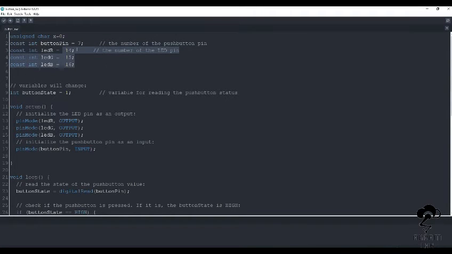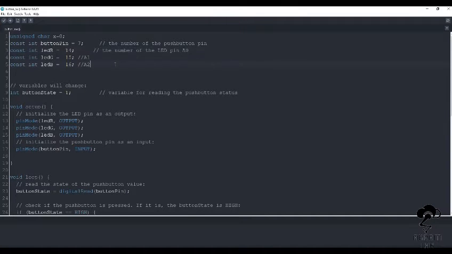Actually these pins are connected to the analog pins, A0, this one is A1, and this one is connected to A2. So if you are running out of digital pins with the Arduino, you can also use A0 to A5 as digital pins, and from 14, 15, 16, and after 16 you will use 17 and 18 for A3 and A4 respectively.